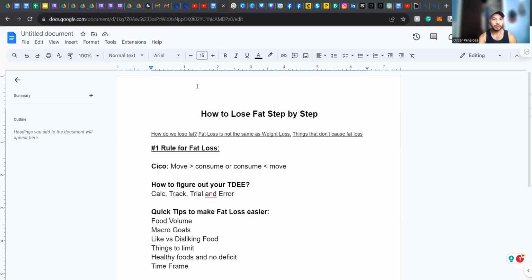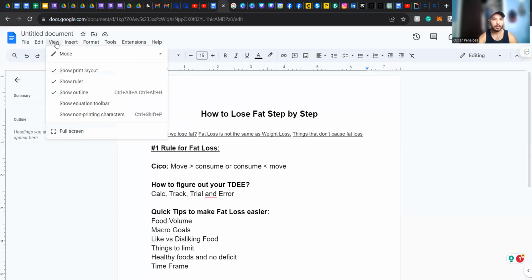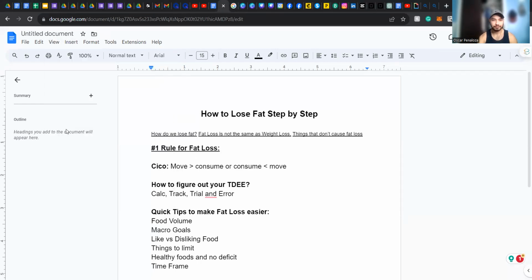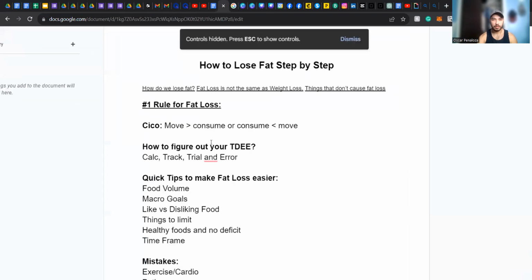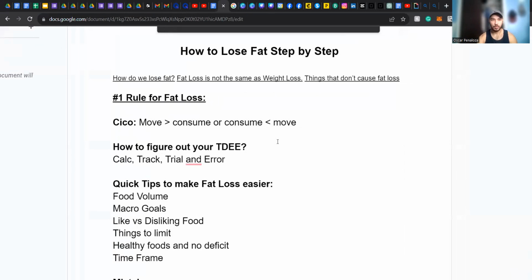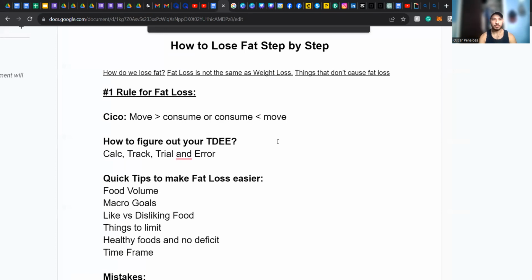Let's get this tab pulled up. So I'm going to share my screen here with you guys. I just have to find the right tab. There we go. So here we go, ladies and gentlemen. I have a couple tabs opened up. Let me just get this the right way I want to see it. So just a little outline of the things that I want to talk about. So first off, we have